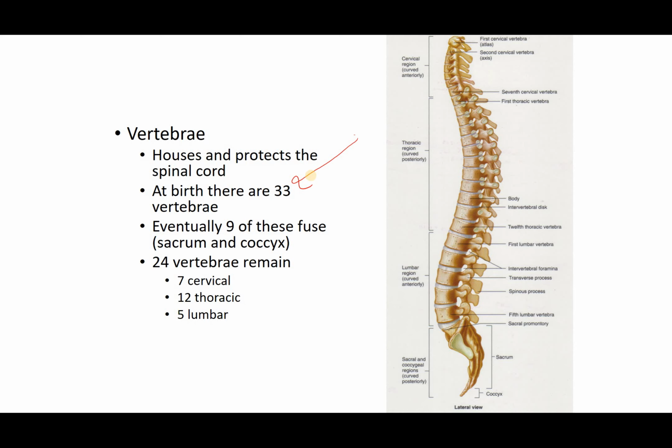Okay, do know that you have 7 cervical, 12 thoracic, 5 lumbar, 1 sacrum, 1 coccyx. Now granted, the sacrum is made up of several different bones. The coccyx is made up of several different bones, but all those have now fused. Now the sacrum in a mature skeleton is 1 sacrum,